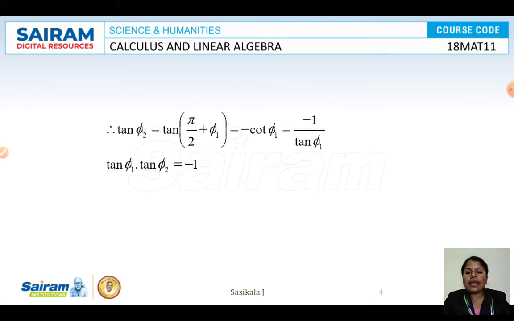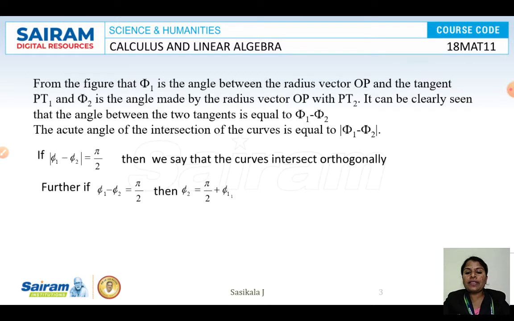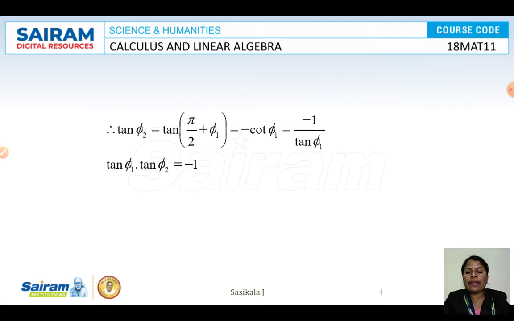And also I can write it, what is that? In this equation, phi 2 is equal to pi by 2 plus phi 1. This tan you can take on both sides. Tan phi 2 is equal to tan of pi by 2 plus phi 1, which is equal to minus cot phi 1. This is what we have seen in the previous video with the expression tan of 90 degree plus theta. I can write it as minus cot theta. That is the expression as written here, minus cot phi 1,